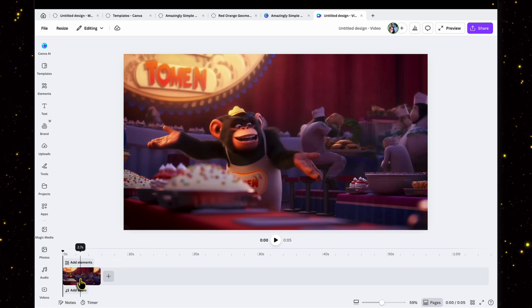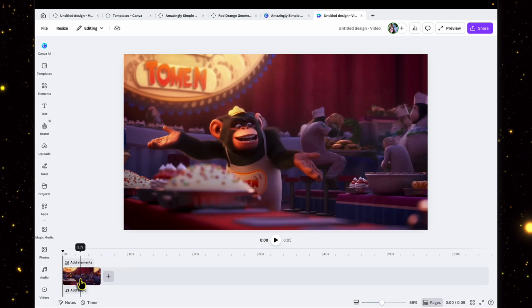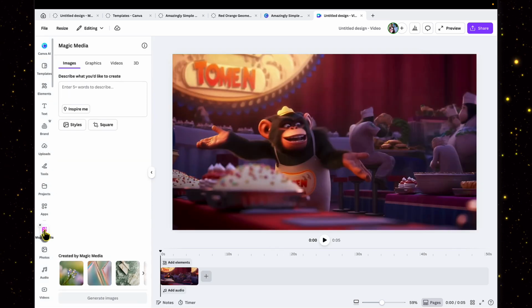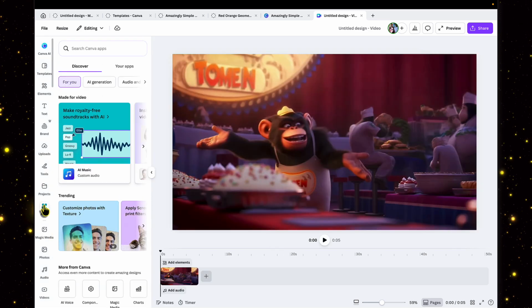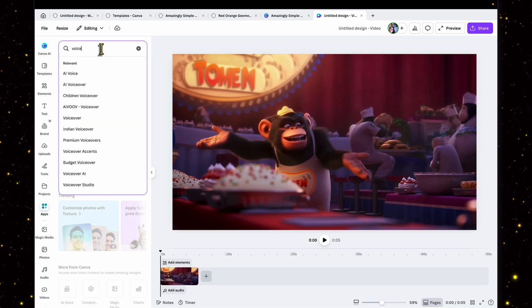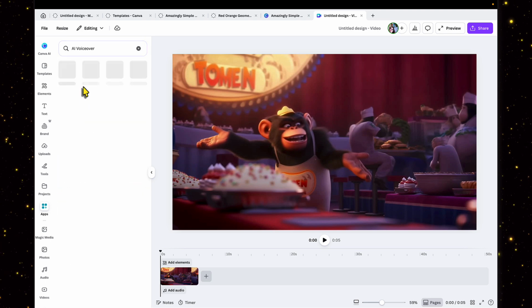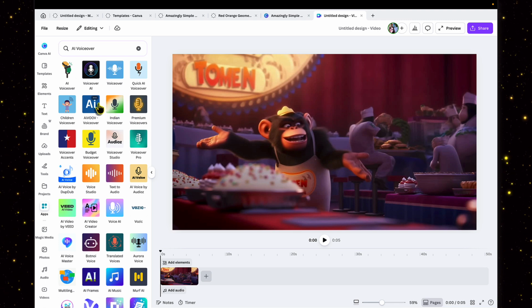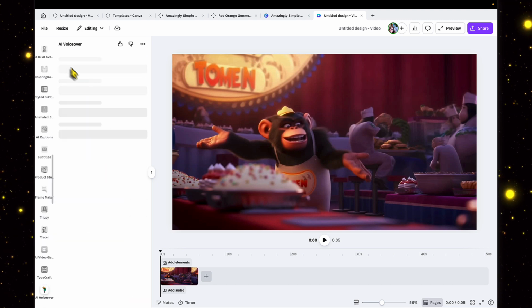So if you want to use Canva to create an audio for this, what you're gonna do is you're going to Magic Media, and then you can go to the application and put here a voice over. Okay, AI voiceover, and then you can choose a person that you want to create your voiceover. Okay, let's say this one, AI voiceover,